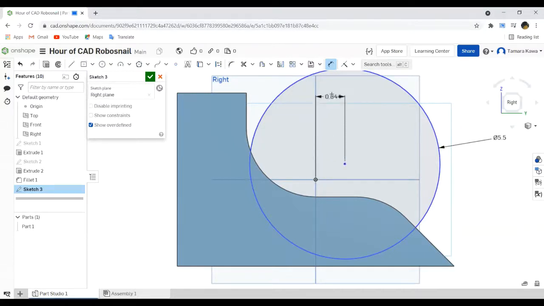And you'll notice you can do 3 different ways. You can go kind of diagonal like this. You can go horizontal like this. And you can sort of pull it to the left and do a vertical dimension. We want to do a horizontal and a vertical dimension. So to show you again,